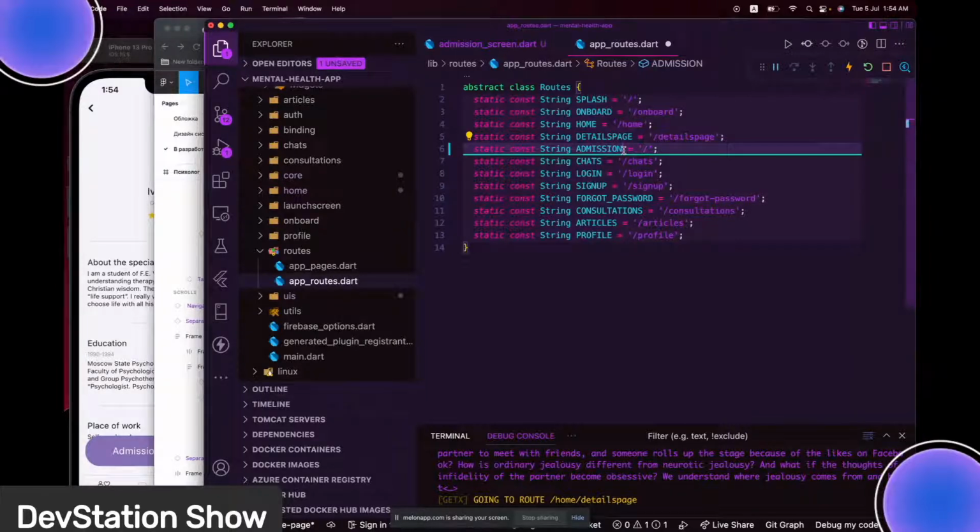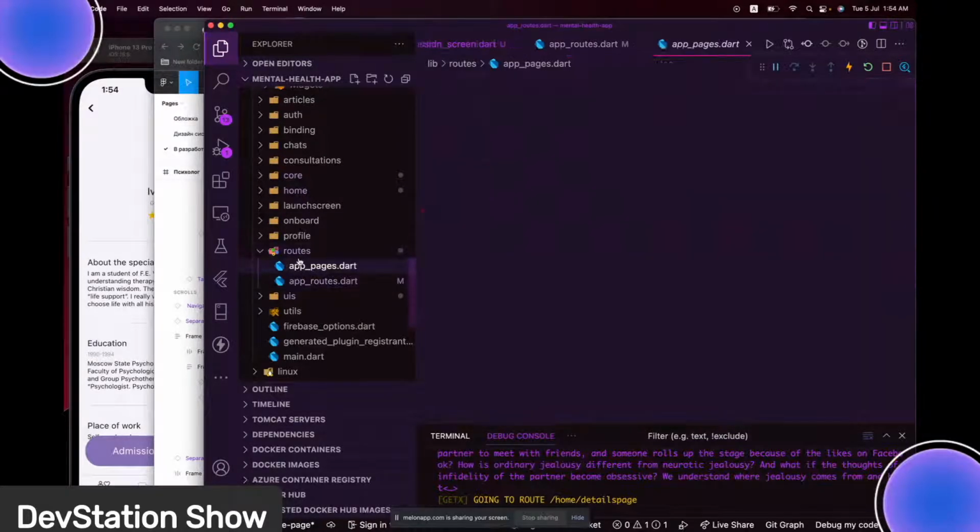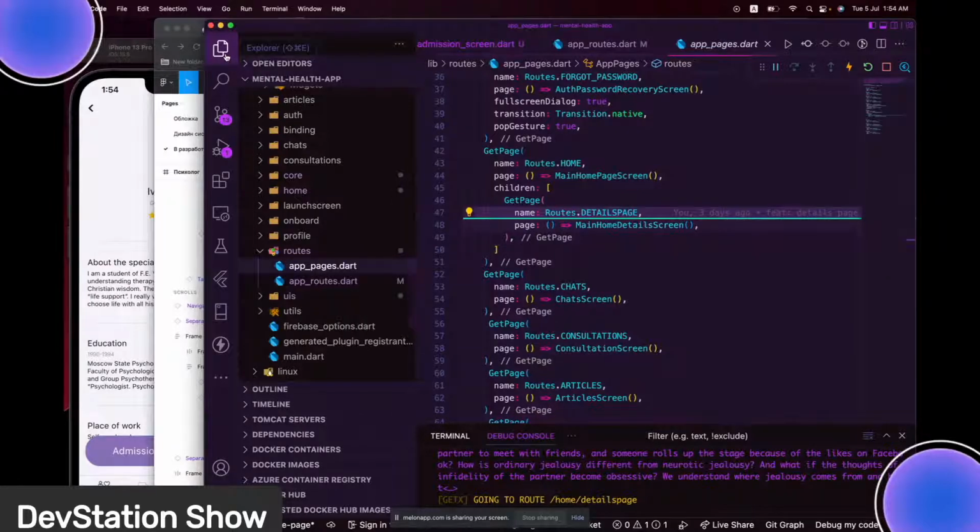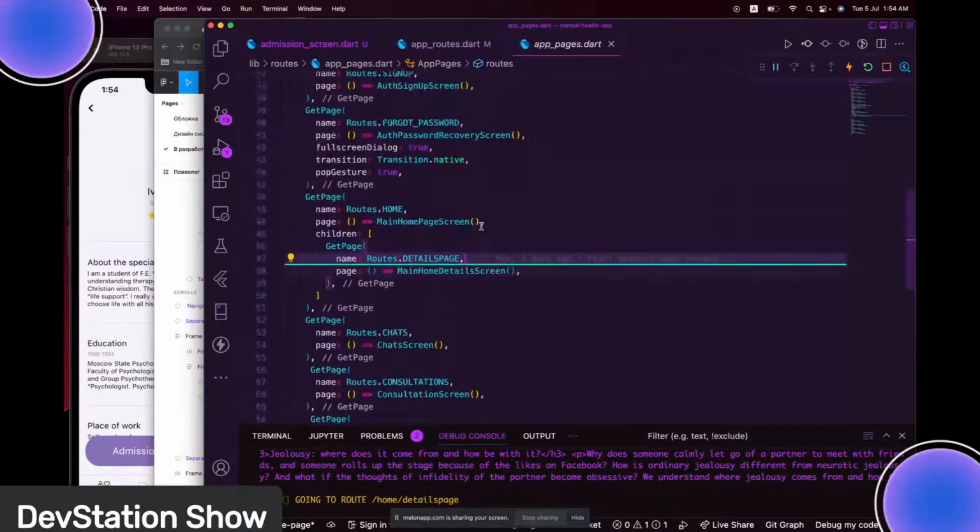Then add page at the end. I think that makes more sense. Admission page, and say admission page. That's good with me. Save that, and go to the page section of this, and we are going to add